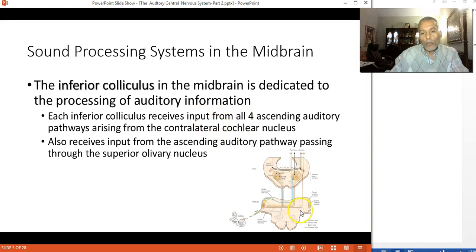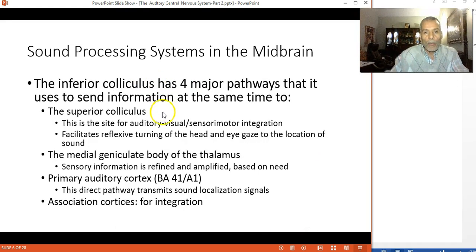It receives input from all the pathways beneath it, and all the information converges onto the inferior colliculus. And as I mentioned, it sends its input to 4 different pathways, one to the superior colliculus, one to the medial geniculate body, one to the primary cortex itself, and one to the association cortices. But let's see what